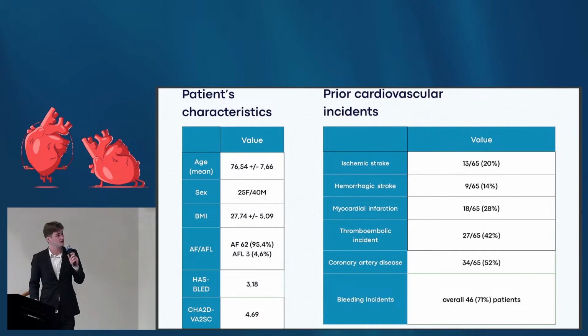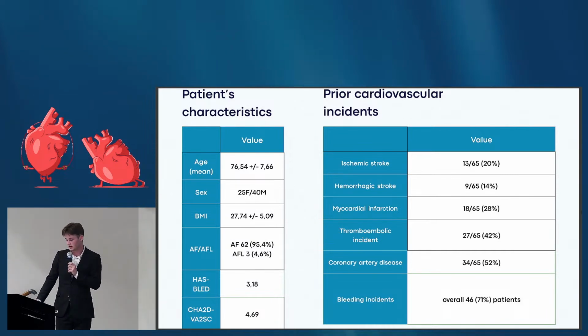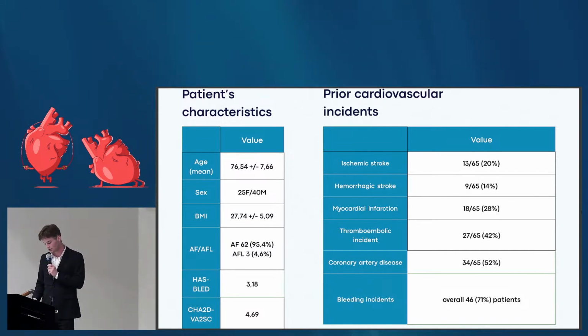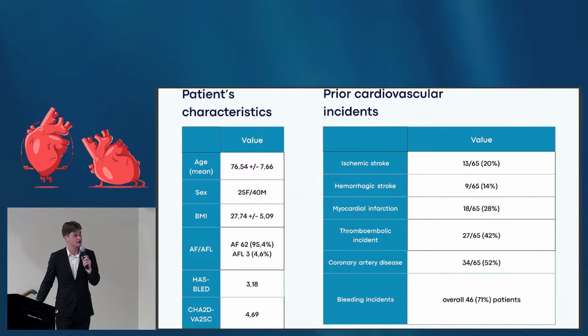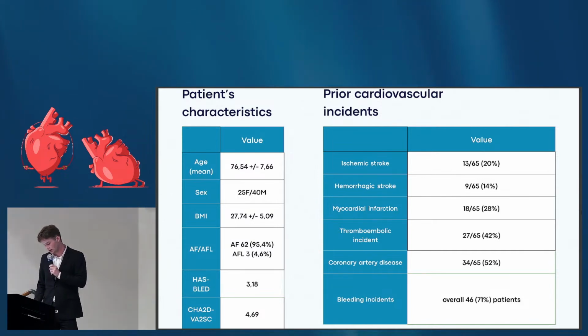When it comes to the patients' characteristics of our group, the mean age was 76.54 years old, 25 out of 65 were female and 40 were male. The mean BMI was 27.74. 3 of our patients had atrial flutter instead of atrial fibrillation. However, they had reports of atrial fibrillation in their history. The mean HAS-BLED score was 3.18 and CHA2DS2-VASc